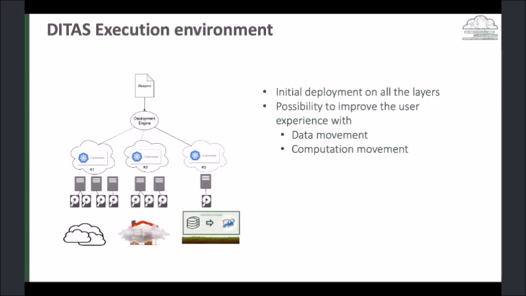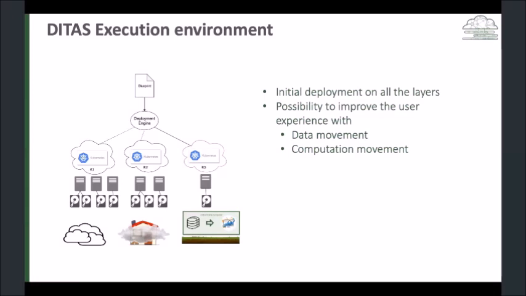the mechanism provided by DITAS in the execution environment also allows the system to automatically detect if there are some problems in terms of quality of service offered that could be misaligned between what has been promised when the application designer selects that specific VDC blueprint, and in this case to automatically decide to move either the data or the application, or even both of them, to another place closer to the other system.